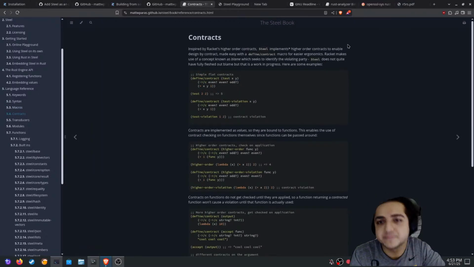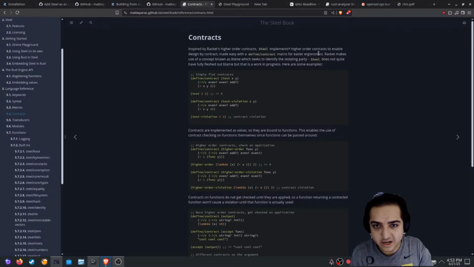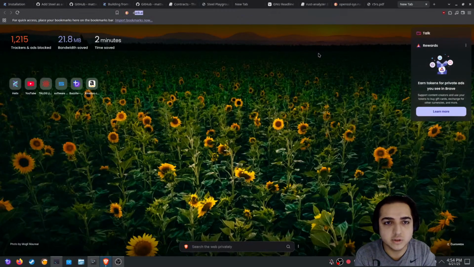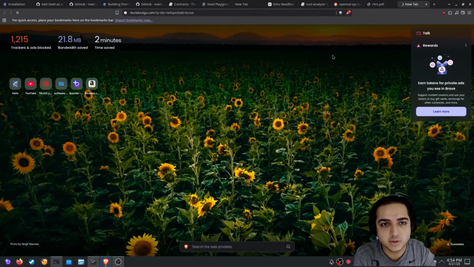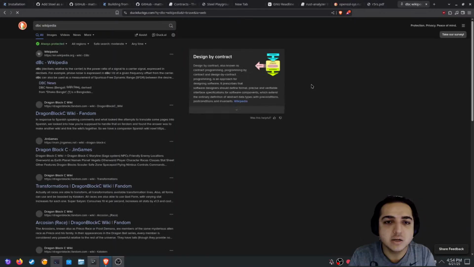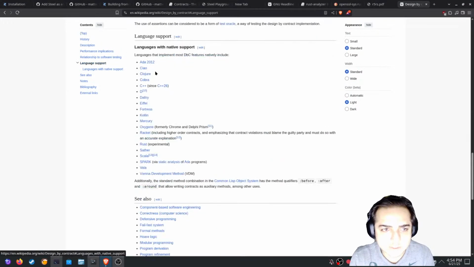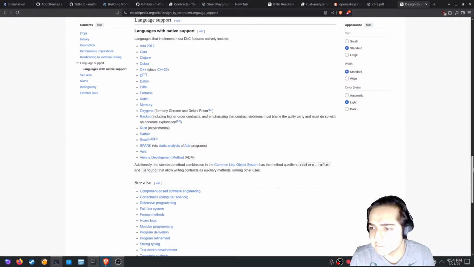Contracts. Okay. I'm telling you, there's a lot of inspiration from Racket because, and we'll get to it, but contracts are pretty cool. It's for design by contract. There's a Wikipedia for it, DBC. There you go. Design by contract. It goes over... I think Ada is another language that has it. Yeah. Besides that,